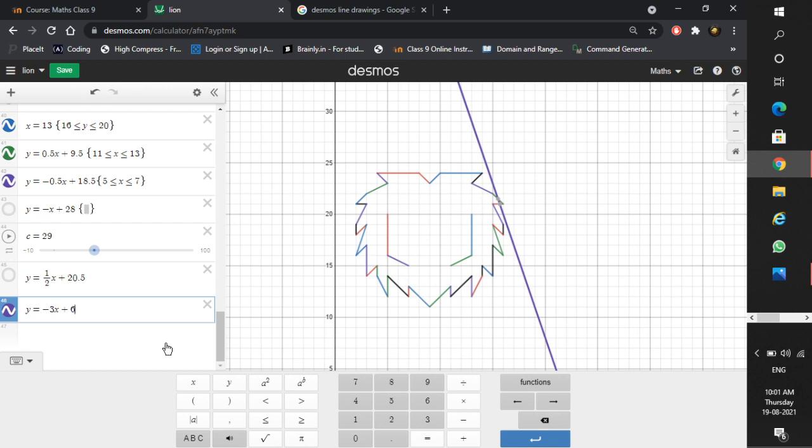68, a little more, one more less. 67, but here you can see the slope is, why it's not... wait, I need to check my equation. So here it's okay. I was looking for this green one, sorry, so I focused on the purple one. It was actually the green one. So a little more, then I need to put 65 here, and I suppose 64. Yeah, we got it now. So this is your line.